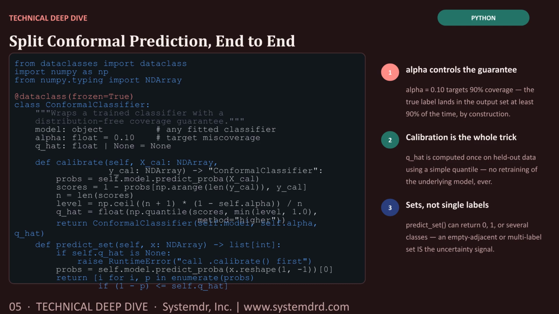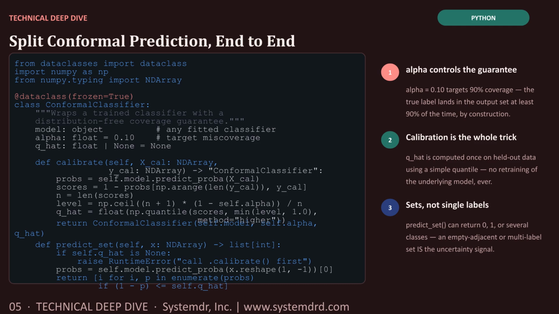It then takes a specific finite sample corrected quantile of those scores, the exact correction that gives this method its distribution-free coverage guarantee, from the conformal prediction theory developed by Vovk, Gammerman, and Shafer, and popularized for ML practitioners by Angelopoulos and Bates.